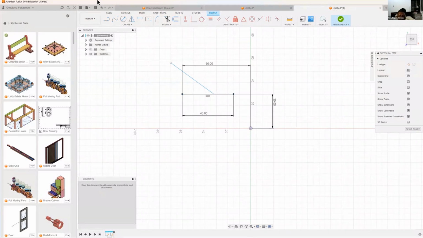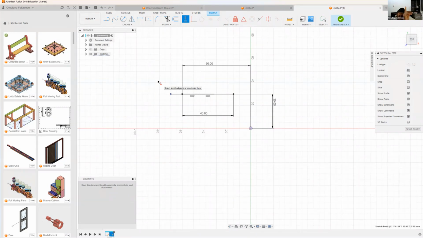I can decide to also create dimensions for this line. And one of the things I could do, I could choose what angular orientation it has with this one. So if I want it to be vertical, that is another thing. I can just use a constraint. I can say horizontal, vertical. It is horizontal, but I don't want it to be. If I choose it again,